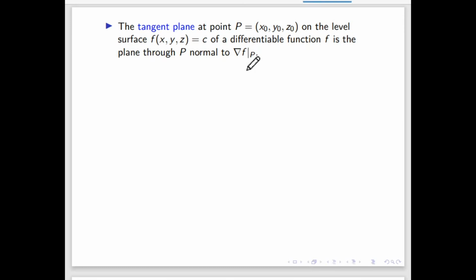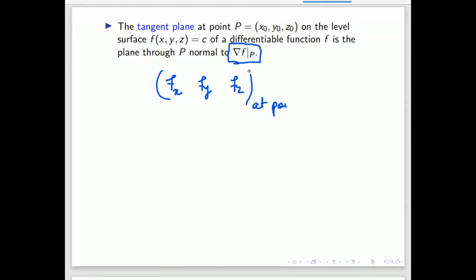So how to calculate the grad f? Can anyone tell what is the gradient of f? This symbol. What is the meaning of this? Partial derivative on x, on y, on z: partial derivative fx, fy, fz. This at point P. That means at this point. So whatever this grad f is, that is nothing but the direction of the normal at this point. It will give the direction of the normal. So whatever is perpendicular to this will give the tangent.